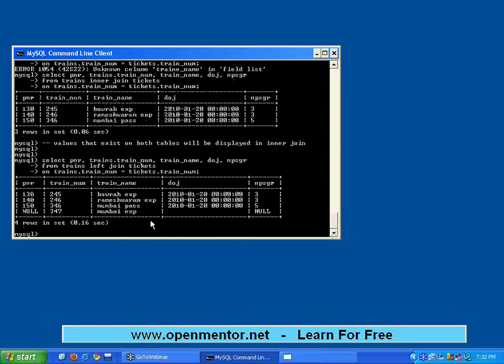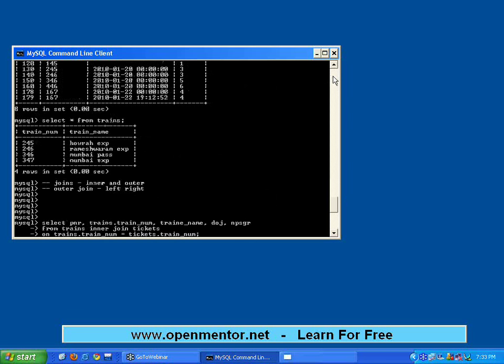I say left join. The moment I say left join, 130, 140 and 150, these PNR numbers exist, 245, 246, 346, that is there. But there is one train number 347, okay? Wait, 347, which is existing in the left table, right?